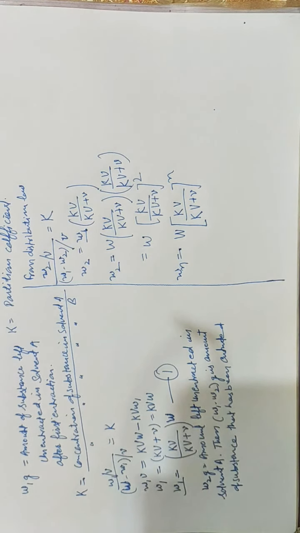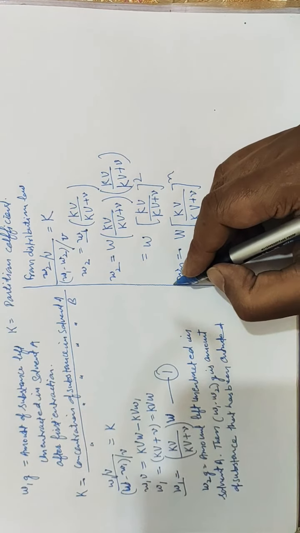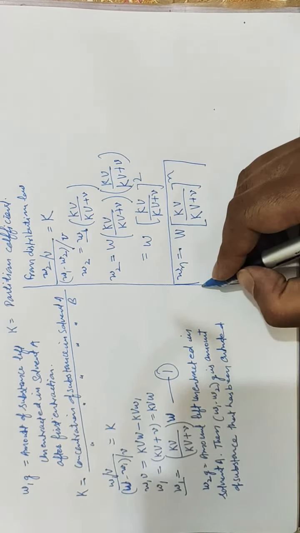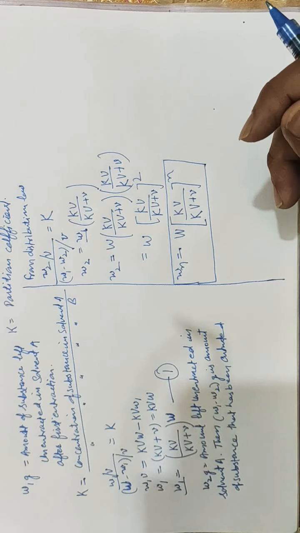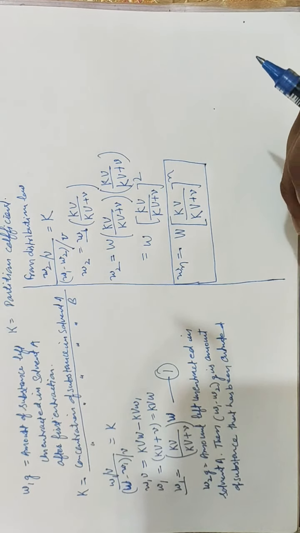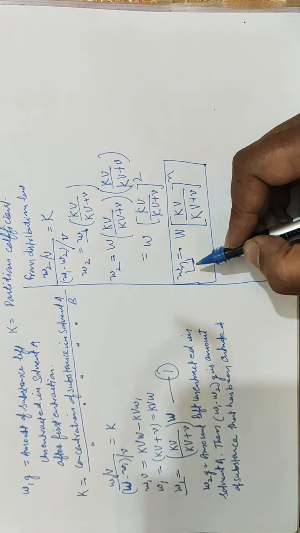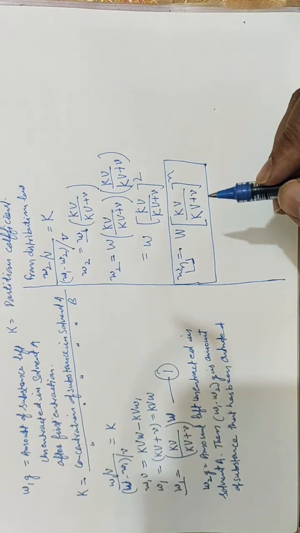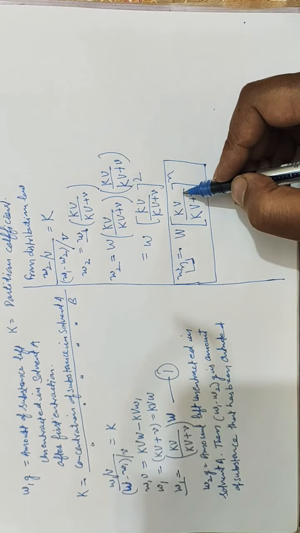So to make the extraction process most efficient, Wn should be smallest possible. If you want to make the process of extraction very efficient, you have to keep Wn as small as possible. It means the number of steps, that is n, should be minimum. This can happen if this term n is made as small as possible.